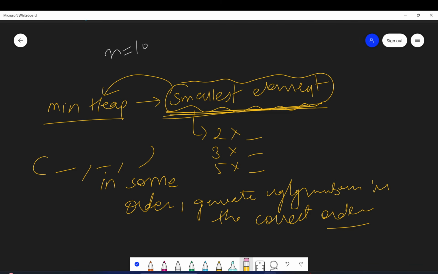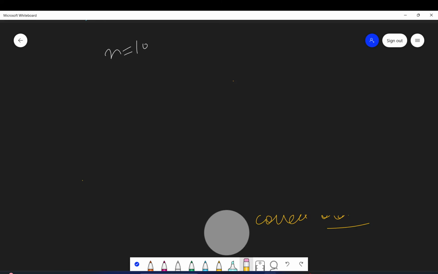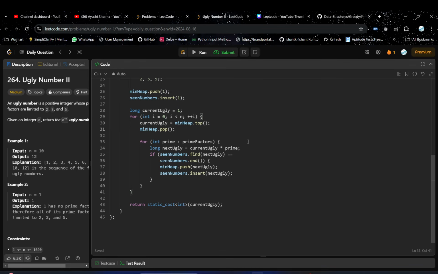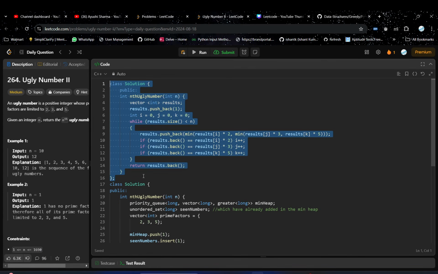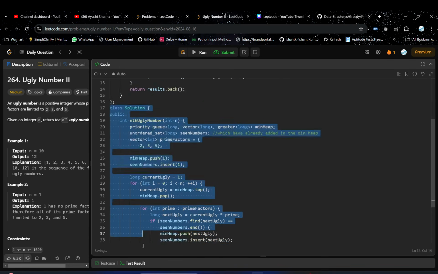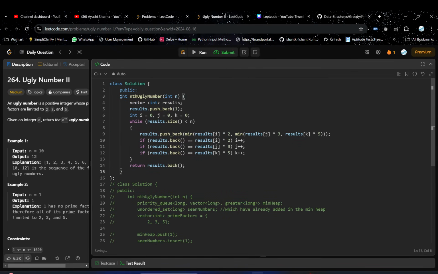So this is what we will be trying to do in this new approach. Let me do one thing for this approach. I will first dry run the code so that you can understand how this approach is working, and then we will discuss the logic of why it is working. Just have some patience, you will understand.